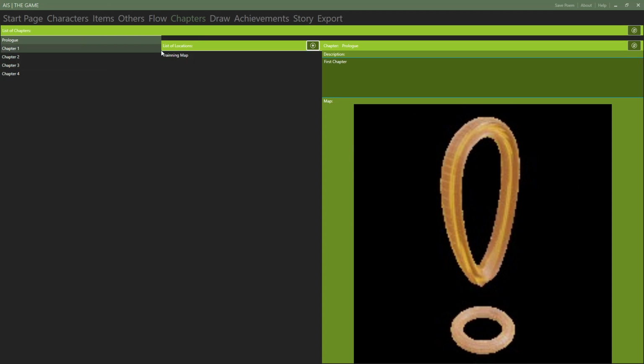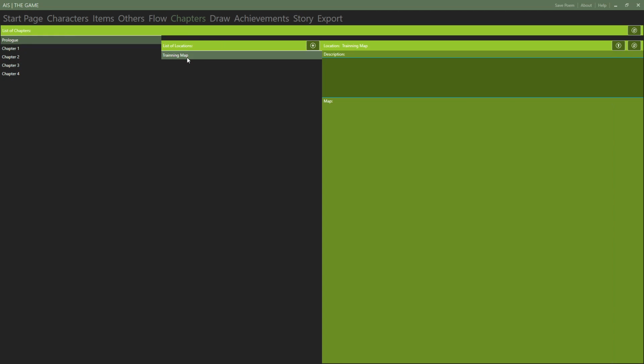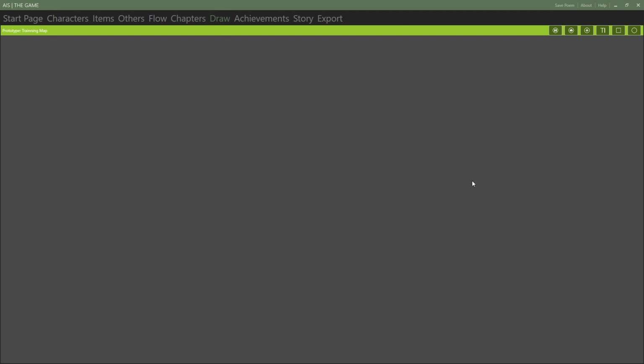Now if you want to create the map for a chapter, you can create, for example, the big world map for the city, and then for the locations you can create each level map that is smaller. Now let's get into it. So when you click chapter or map, you go to draw, and here's the draw tab. Here's the name of the level,